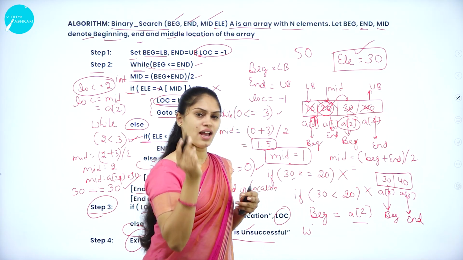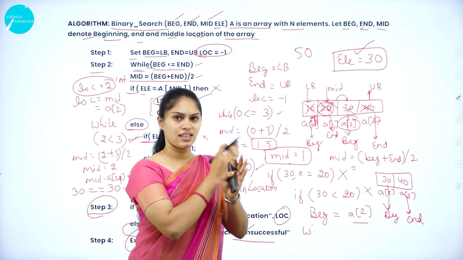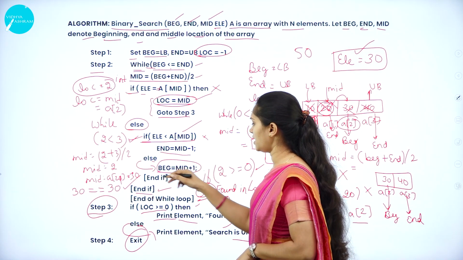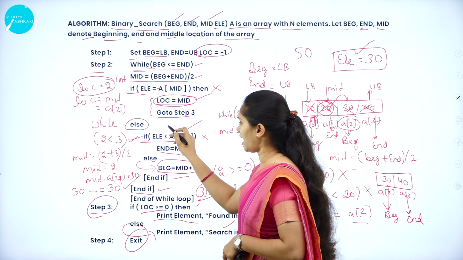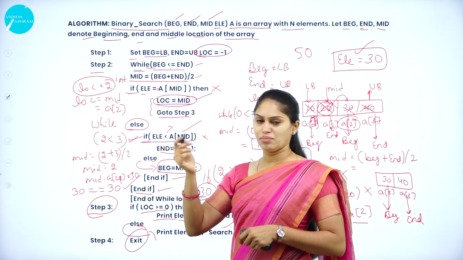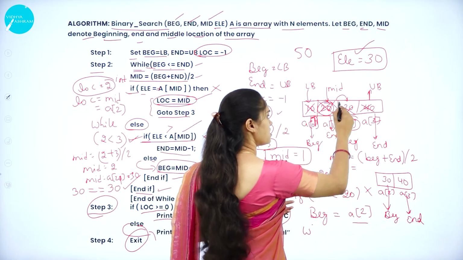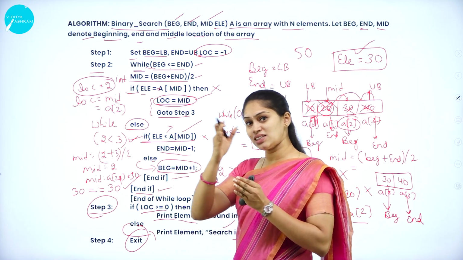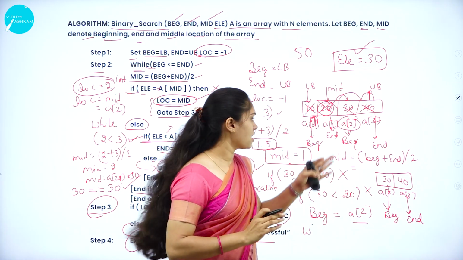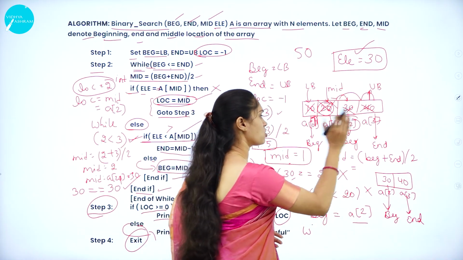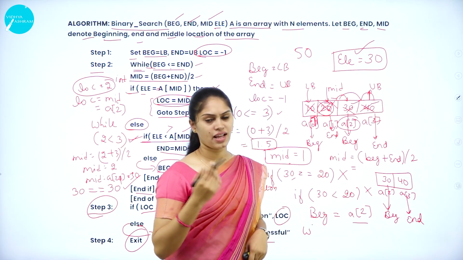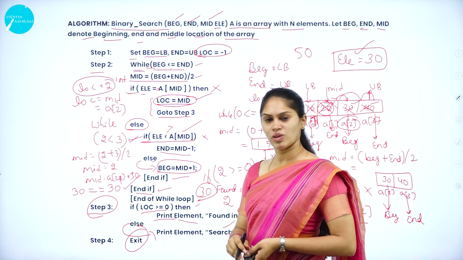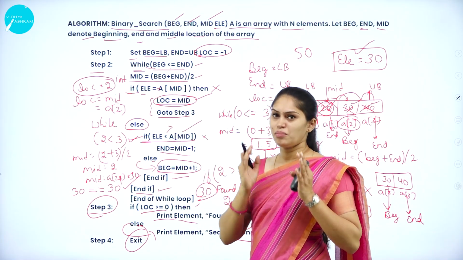Because I get to know that the element 10 I'm searching for is in the left part of the mid element. If this condition is false, then it will come here, and if we are searching for an element which is greater than A of mid, that means on the right side of the mid element, at that time the beginning is going to be the next element of the mid. So I'm not going to search this part, I'm just going to search for 30 and 40. Then we are going to find that element called 30. So you have to understand these three scenarios. This is all about binary search.